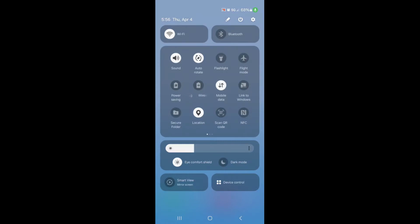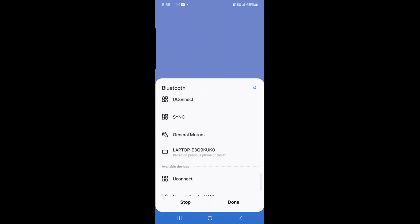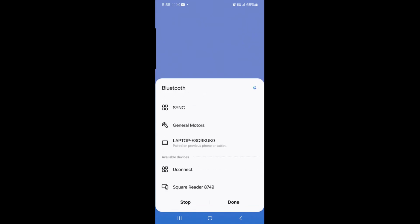Okay, so first you want to enable the Bluetooth on your phone. And once you do that, you will have to select the Uconnect. Now I have a bunch of paired devices already here, but scroll all the way down under the available devices. Here is the Uconnect. So press that,